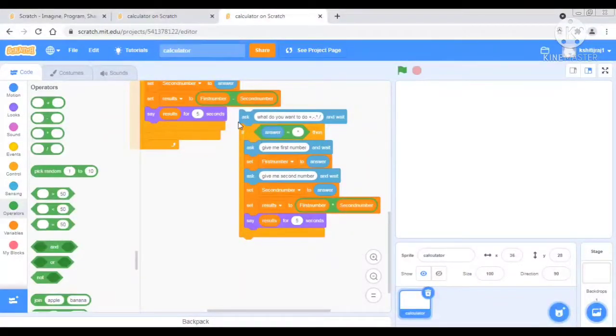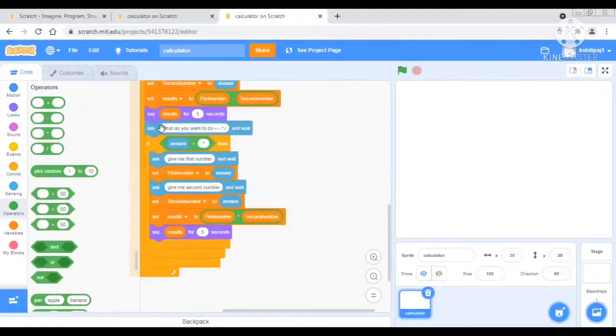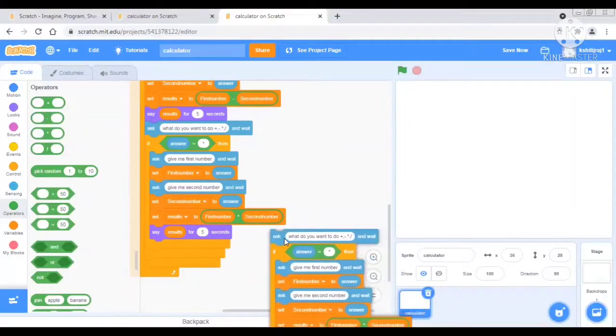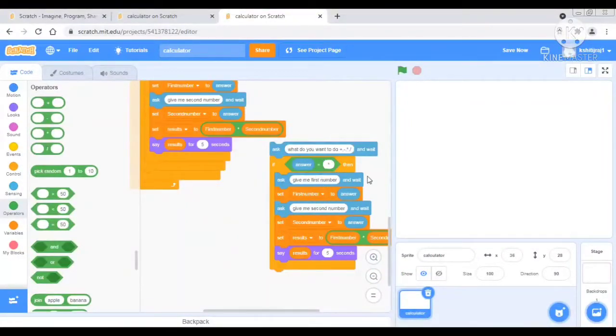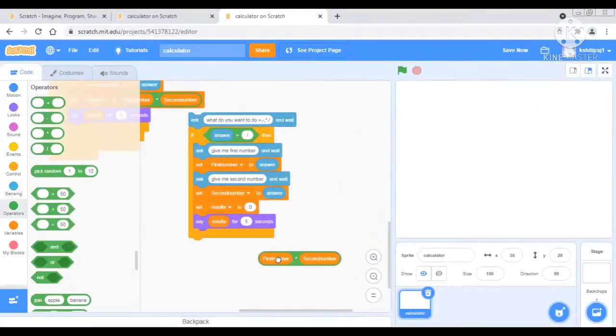Same, you say results, and then put it here, and then again we will duplicate it, place it here, then we will go here and put slash now. After that we will say same, and then we will take this, remove this, and then we will take this slash block, means divide.